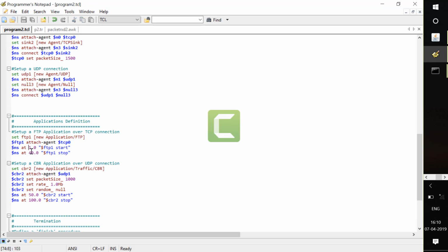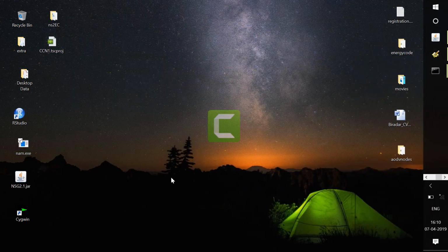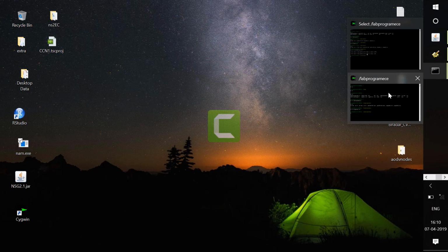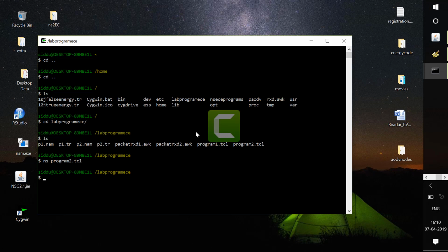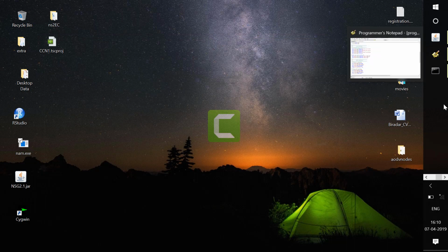You can make it 1 to 30 seconds and here 40 to 100 seconds, or you can also change the bandwidth here, make it 500, 700, 900. Queue size also you can change. After changing, save it, then run the program same as we did previously, then calculate the value using the AWK script. This is all about the second experiment.